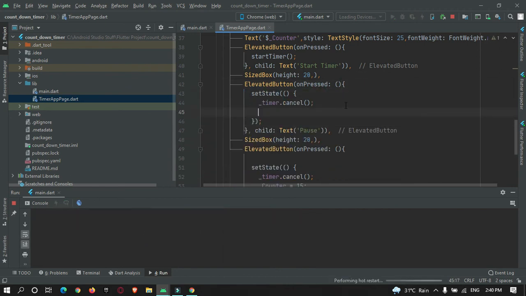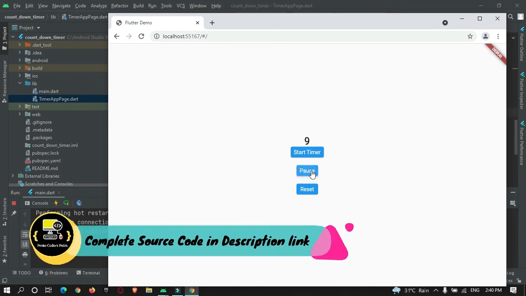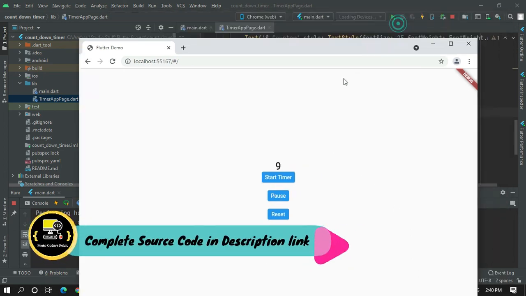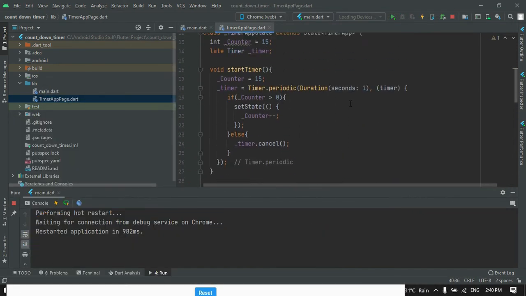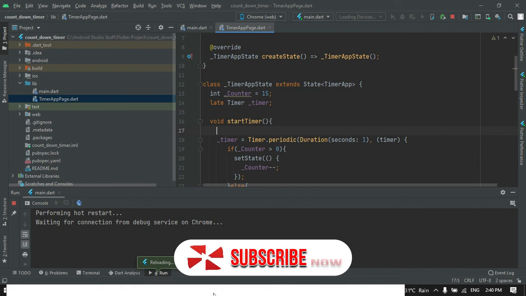I will refresh the app. Now you can see the timer is running. Pause the timer. One thing I forgot: in start timer I am resetting it back to 15 whenever the button is pressed. I will remove it and refresh.